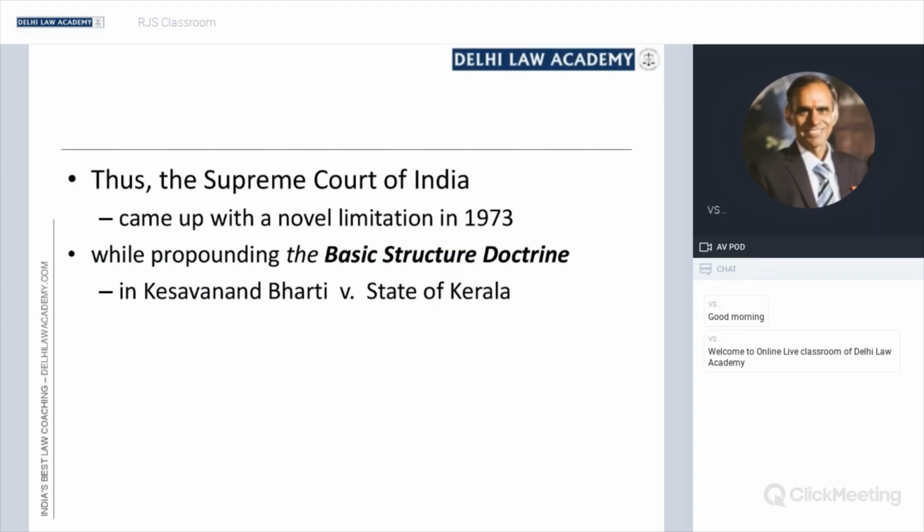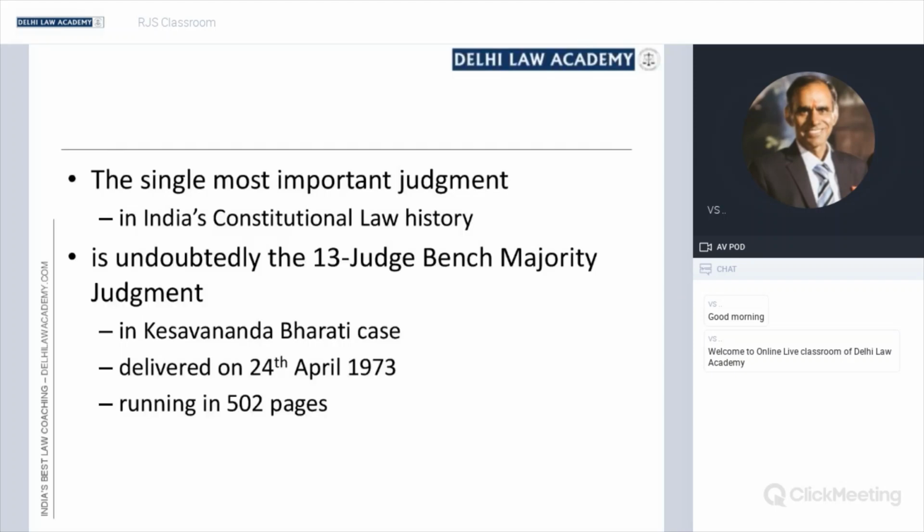Let's see further. What is the impact? The Supreme Court of India came up with this novel new limitation in 1973 while propounding the basic structure doctrine in the case of Kesavananda Bharati versus State of Kerala. Basic structure doctrine, as it is called. This happens to be the single most important judgment in India's constitutional law history. It was given by a 13-judge bench by a 7-6 majority, and it was delivered on the 24th of April